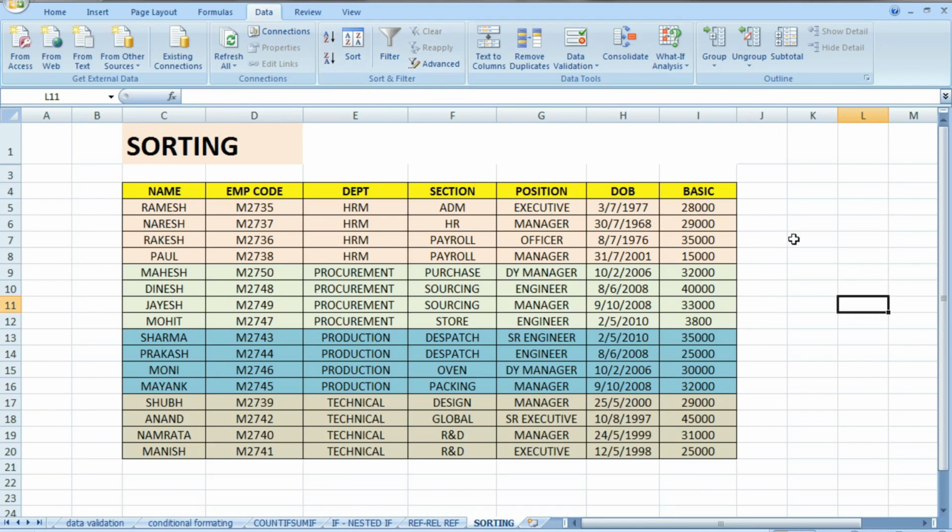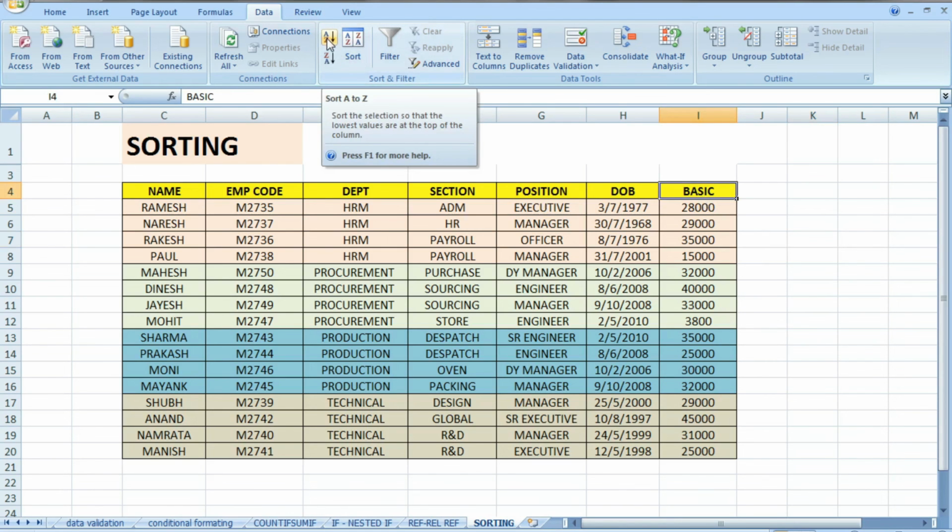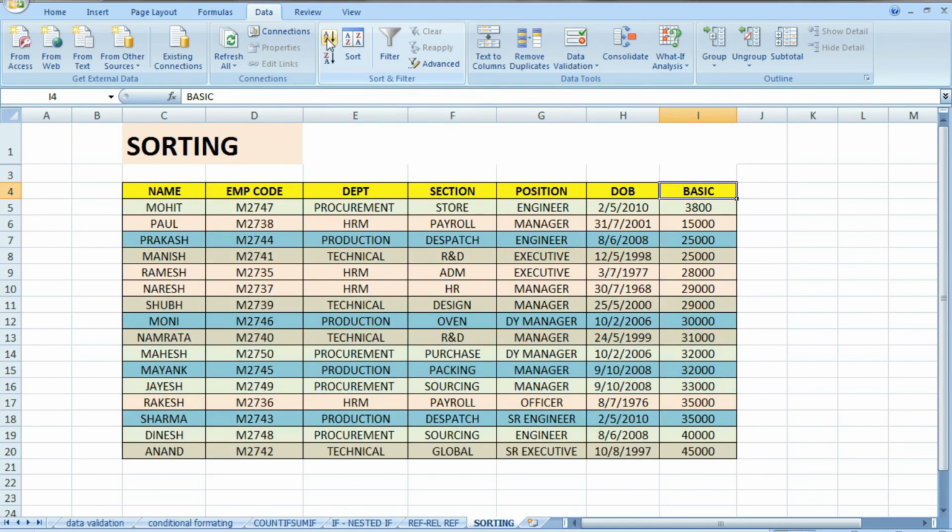Here you can click on this basic and we want to sort A to Z in ascending order, then you can click and the data is in ascending order. So the smallest is at first and the highest is at the bottom.